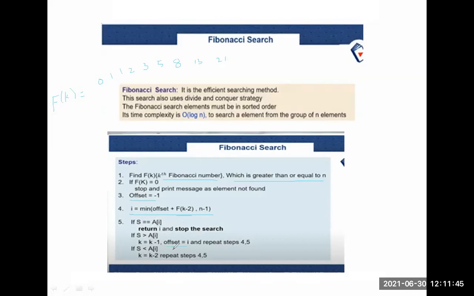If the element is less than a of i, then decrement k by 1 and repeat steps 4 and 5. Every time you check the i value, find the minimum, then check s. If it matches, return found, otherwise repeat steps 4 and 5.